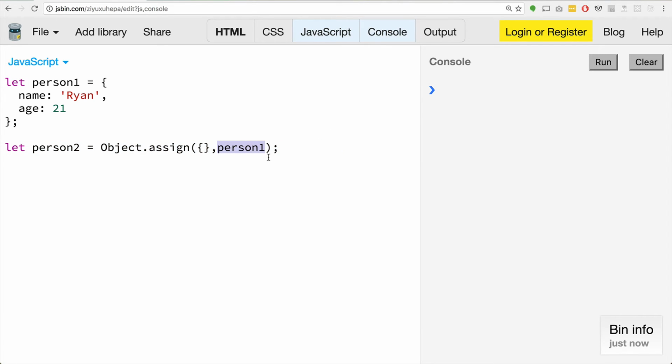And as you saw in the last example where we had person and warrior, the sources kind of keep going and going as long as you want. You don't have to supply only 3 sources. You can supply as many as you want, which is quite neat. So this here will create a copy of person1, throw it into this target object, and then store that on person2. And if I go person